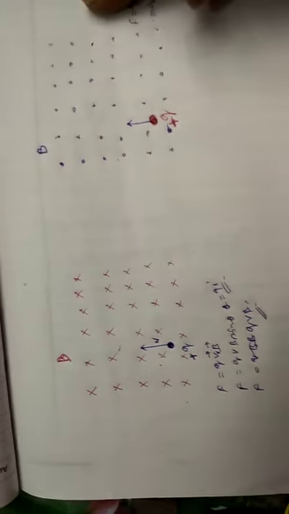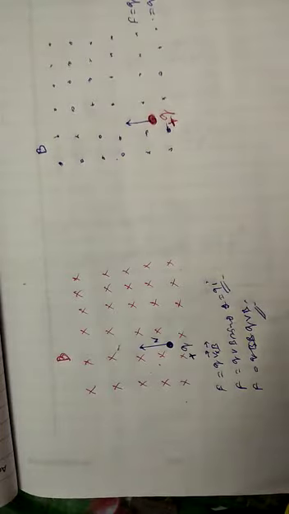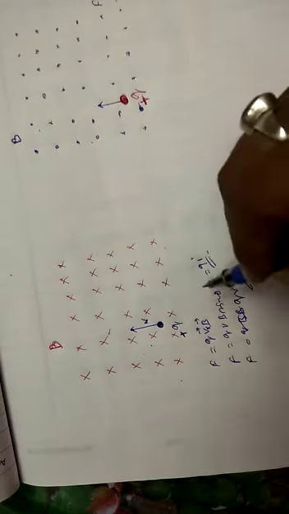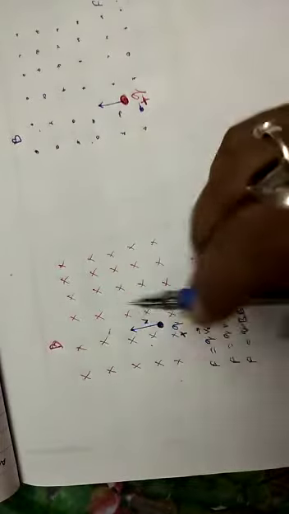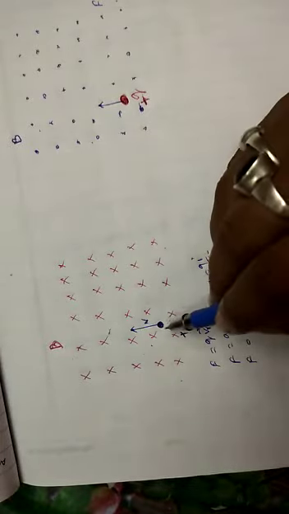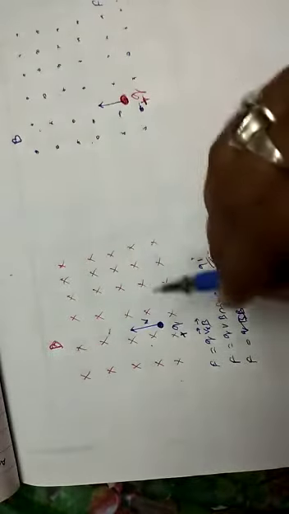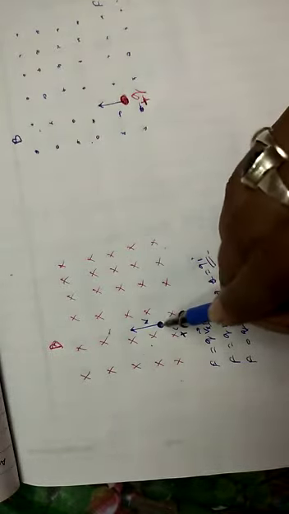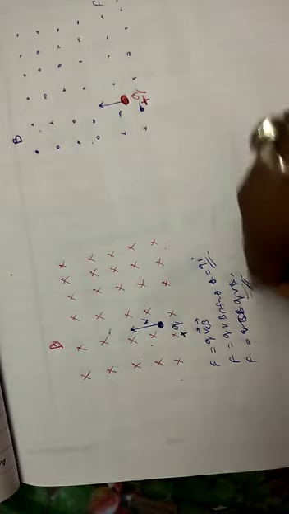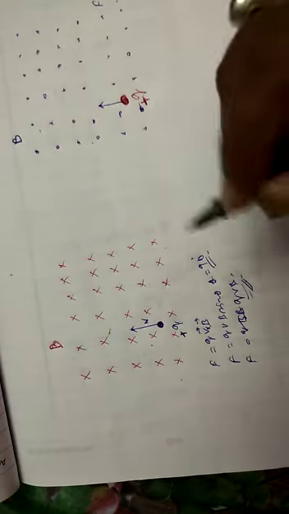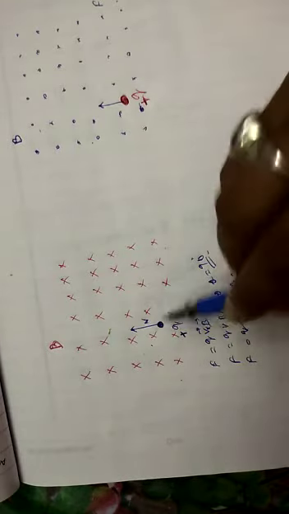Now if the charge moves perpendicularly, we will also talk about what happens if the charge is not moving perpendicular to the field, and how the force will act on this charge. In a separate video we will talk about that. Now, preliminarily, this charge is moving perpendicular to the magnetic field, and the force is qvB, right? Now what will be the direction of this force?